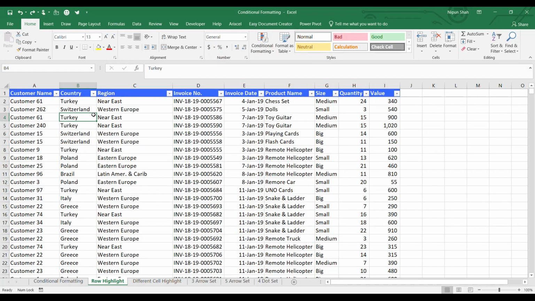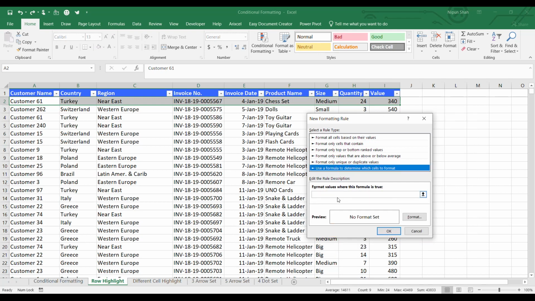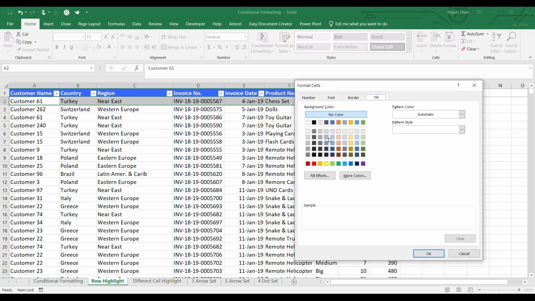Guys, now I will show how you can highlight the entire row based on a value in a specific cell. For example, if I want to highlight all the rows having values more than 500, how can I do that? Select the entire row, go to conditional formatting, new rule, create a new formula, equal to the value is more than 500, then set format light blue fill.